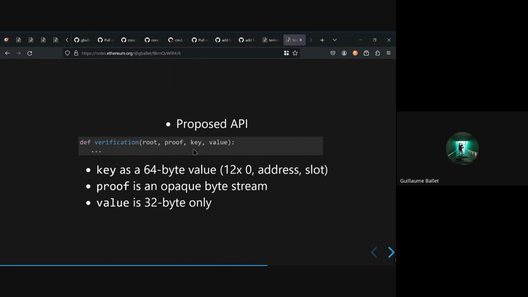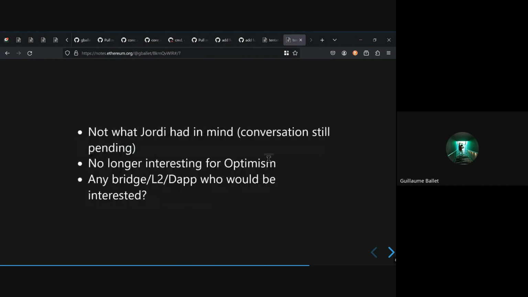And that would only be necessary to prove values, so storage slots. Now, Jordi, that's not what he had in mind. I'm still having the conversation, so I didn't get to the end of the conversation before this call. But given the fact that this is not really what Jordi had in mind, and it doesn't really look like a proving precompile, what he had in mind, the fact it's not really interesting for Optimism, I think